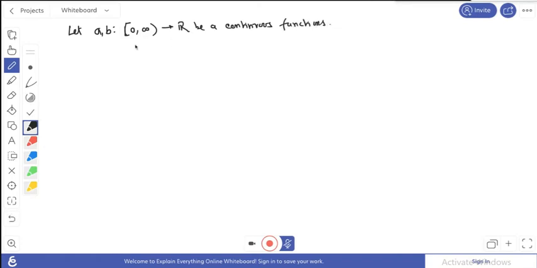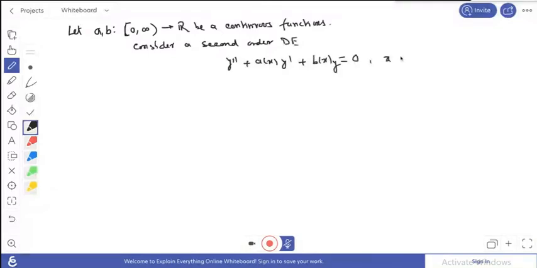And if we consider the second order differential equation, this is your homogeneous second order differential equation, and here x is greater than or equal to 0, this belongs to that interval, and suppose this is equation number A. Okay,